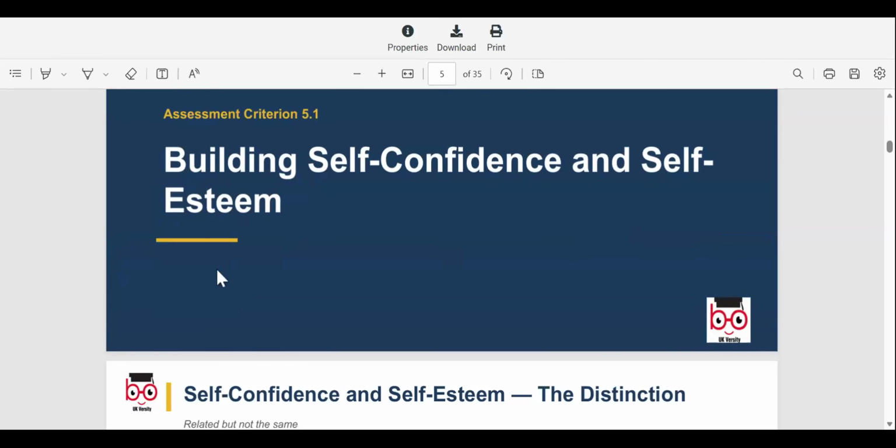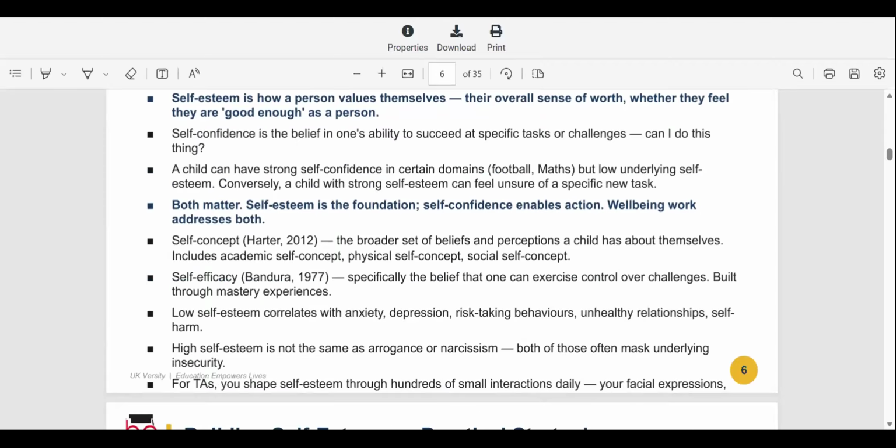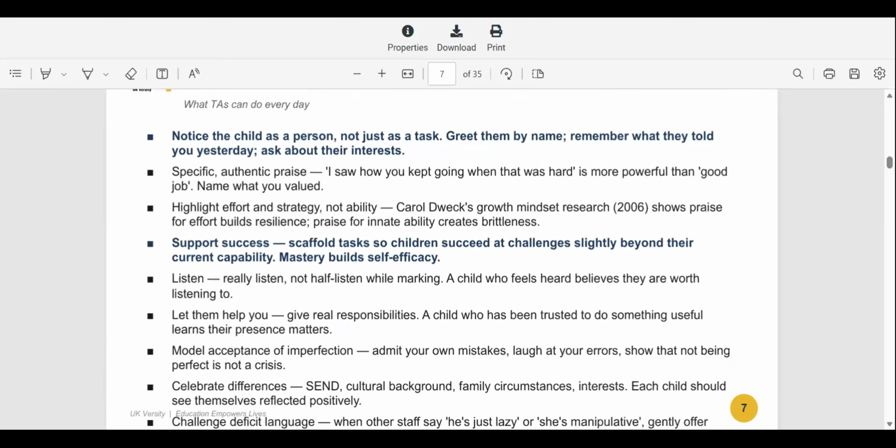criteria 5.1, building self-confidence and self-esteem. Self-confidence and self-esteem are closely related yet distinct psychological concepts. Self-confidence reflects your belief in the ability to succeed in a specific task, so making the child feel more self-confident. And then self-esteem is the foundation for self-confidence and enables any sort of actions. So, focusing on being and existing, making sure they rely on core beliefs and their values, and growing kindness and acceptance. Building self-esteem